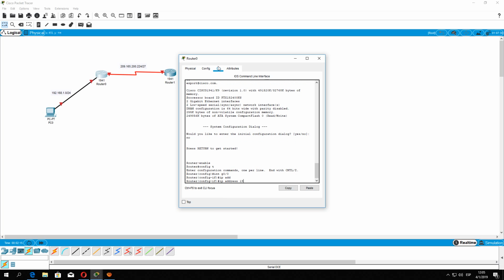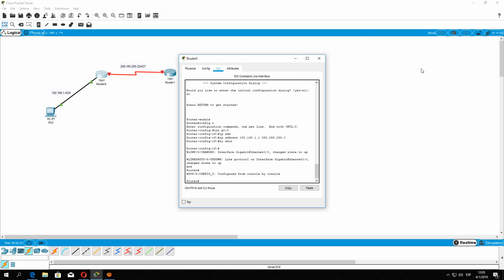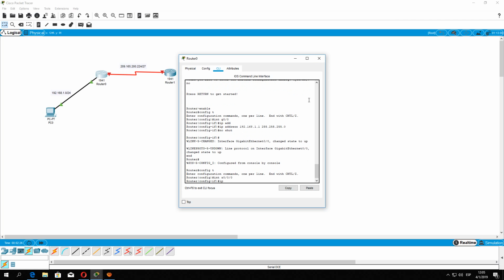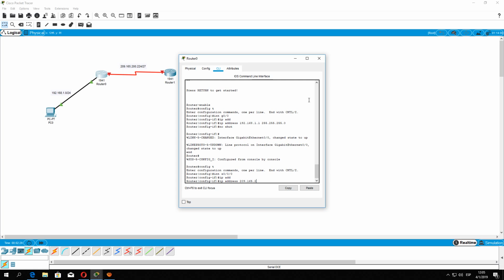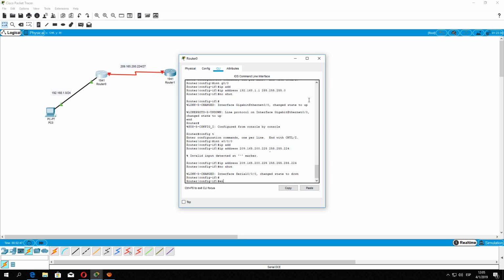First the gigabit 0/0, 192.168.1.1, 255.255.255.0, no shutdown, and interface 0/0/0, IP address 209.165.200.225, 224 is the subnet. Sorry, 224, shutdown, and